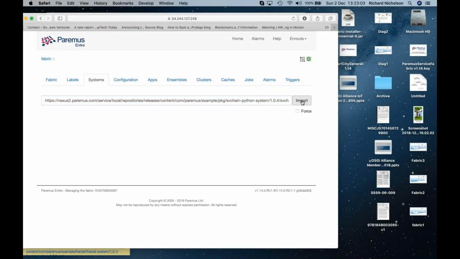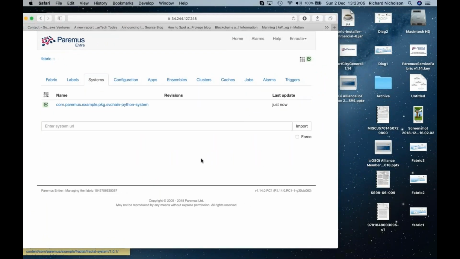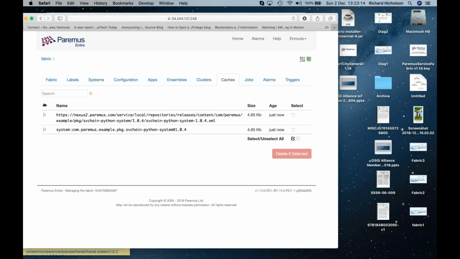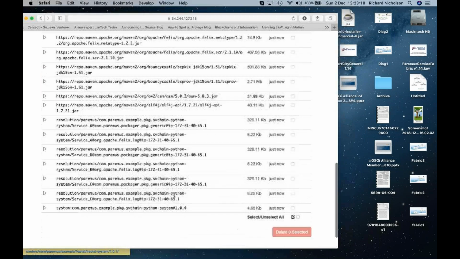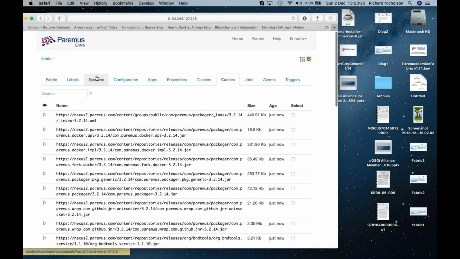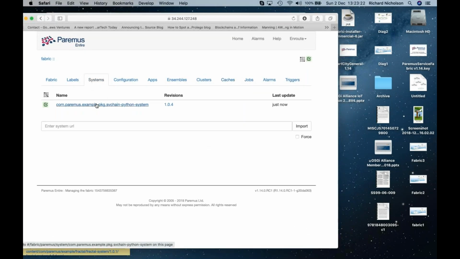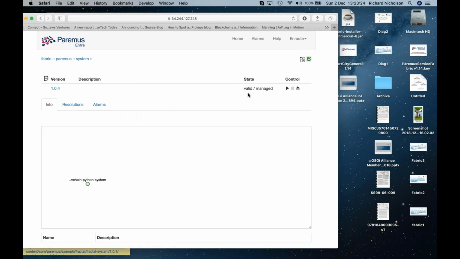Okay, and I hit the import, and what happens is the fabric's parsing the description, checking it's syntactically okay. It's then caching in all of the artifacts required to assemble this system at runtime. And once this process is finished, it will tell us that the system is available and valid. Okay, so we're valid and it's managed, which means that this is a deployable entity. So if I now hit the deploy button,